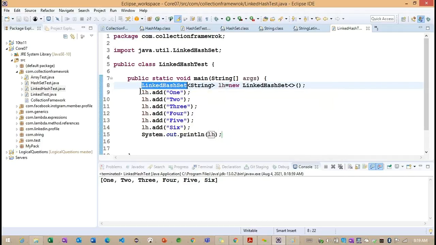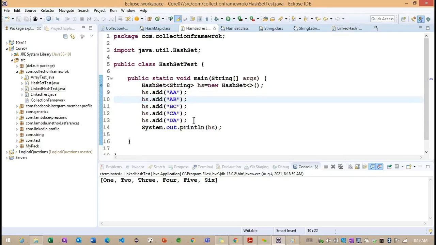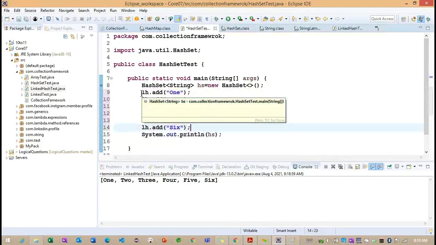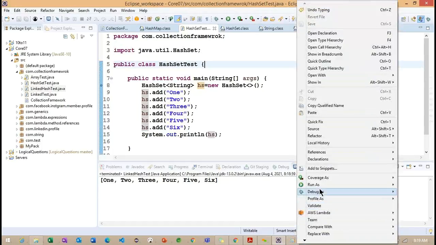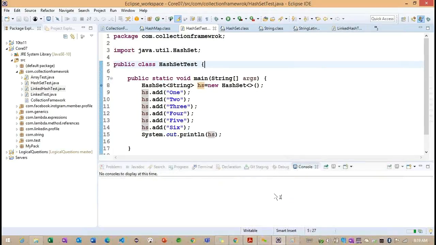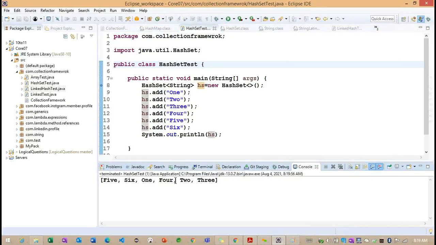So if I copy the same object information to this particular hash set here and print it, now observe, we are not going to get the same order. Now you can see 5, 6, 1, 4, 2, 3.